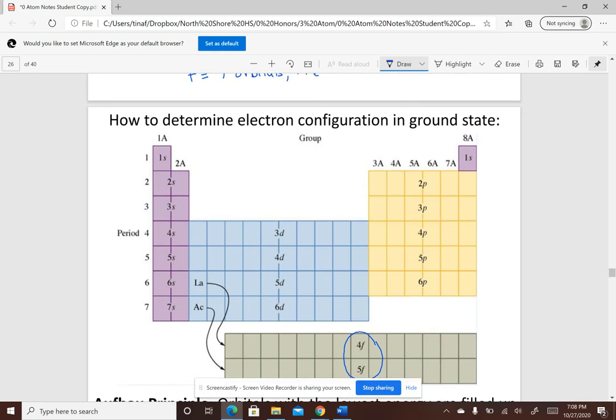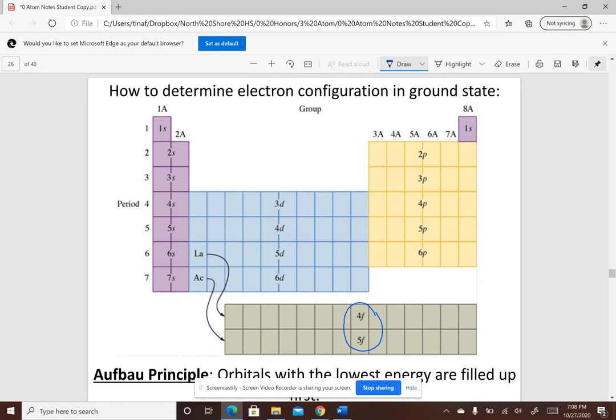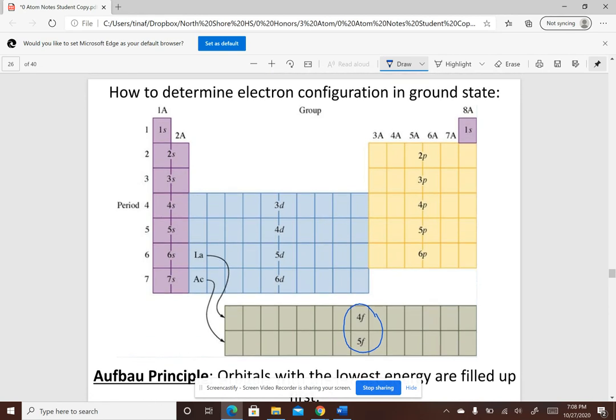So if we look at this periodic table, guys, when you take the chemistry regions, the electron configuration is written for you on the periodic table. In honors chemistry, you're responsible for knowing how to write an atom's electron configuration by just looking at where it is on a periodic table.